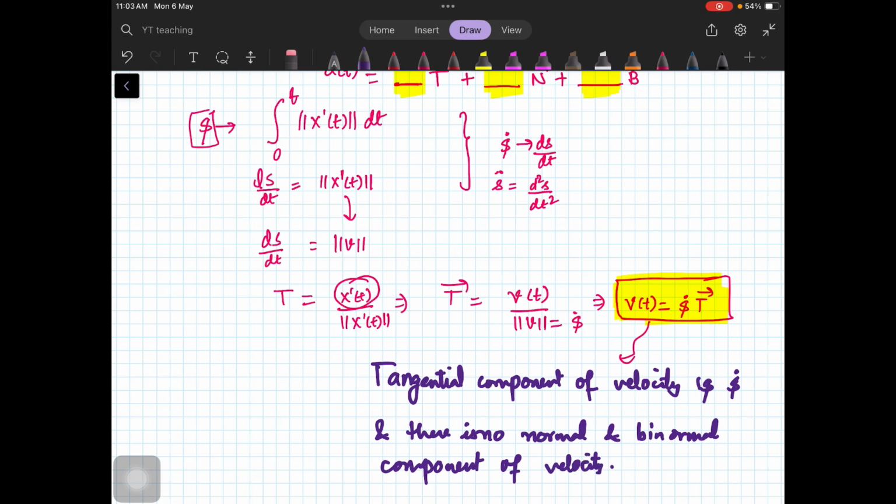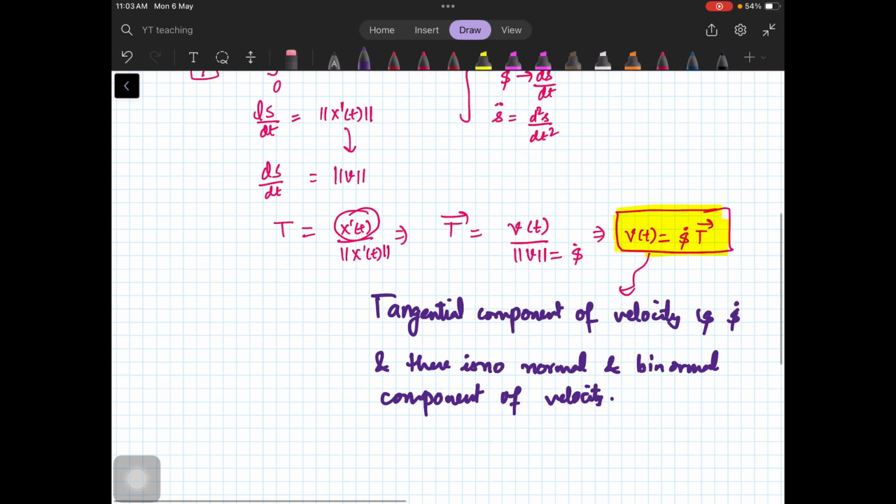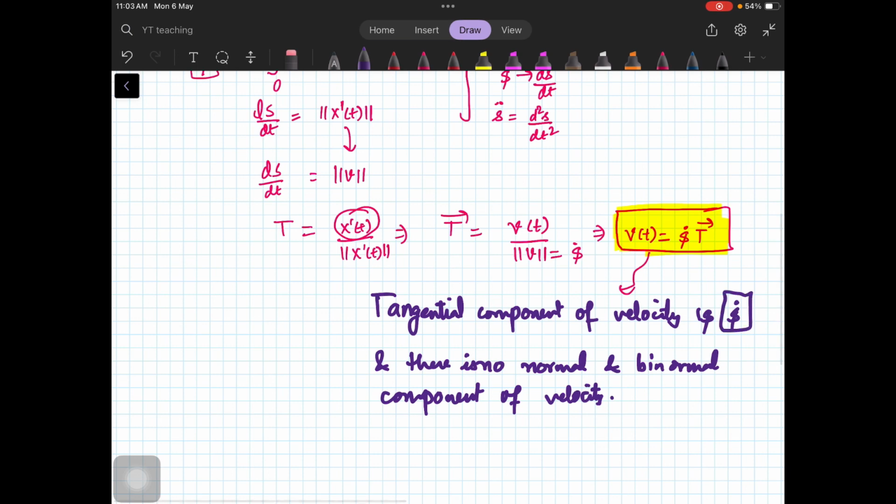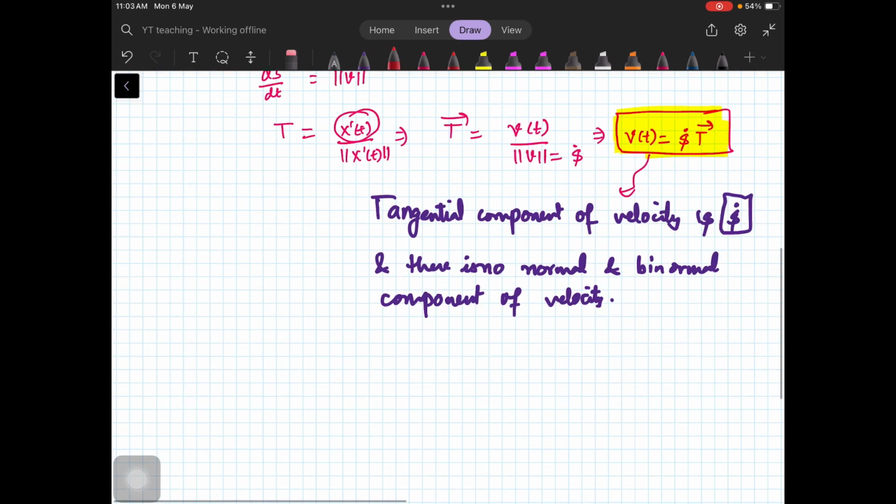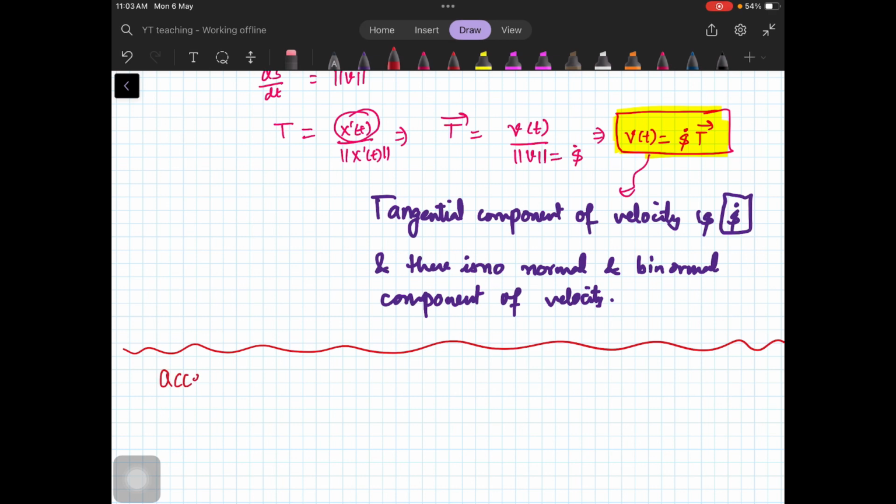Right? So this is what we got from here, and this is what you have to remember. Now the similar thing we have to do for acceleration also. Let us do that. So let us have a similar thing for acceleration. So you must know that from where we should start. We should start by differentiating the velocity vector, because we know that acceleration is derivative of velocity vector, and we